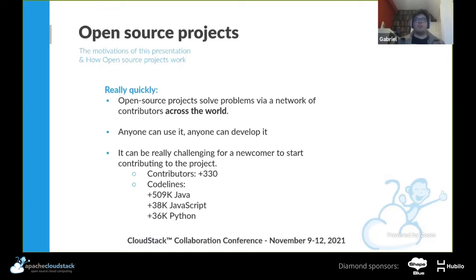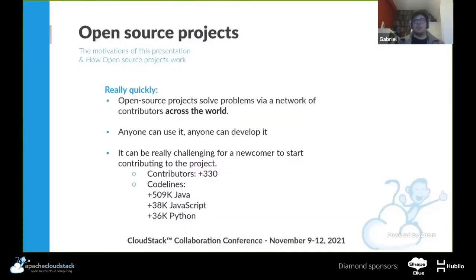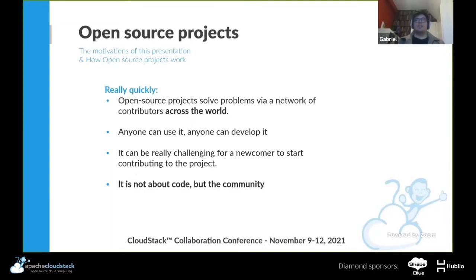So it's important to understand that it's hard. We are talking about code over 10 years old that more than 300 contributors have passed through. We have 500,000 lines in Java, as well as JavaScript and Python. It's complex, so no issues if you get a bit afraid at first contact. That's normal.